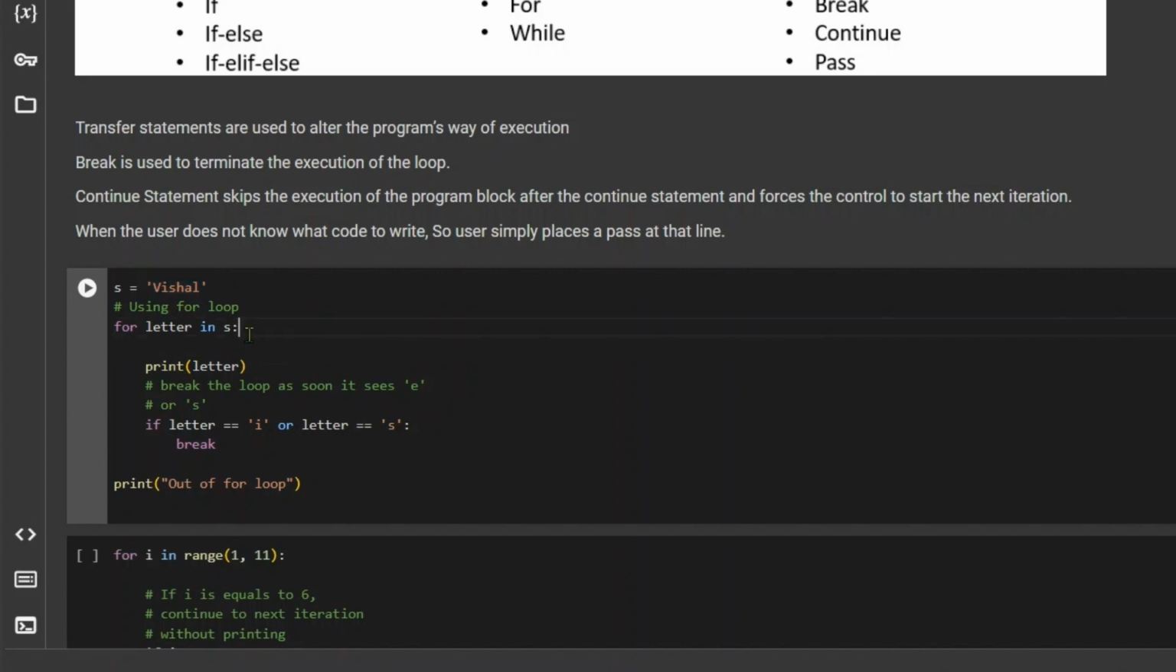Then for letter in S, we are running a for loop on it, and we are trying to print each letter. After printing each letter, it also checks for a condition: if letter is equal to I, or if letter is equal to S, then it will break the loop. Okay, and there is one last statement which is outside the loop and prints out of for loop. So irrespective of what happens in the for loop, this out of for loop has to get printed in the output. So if you run this,